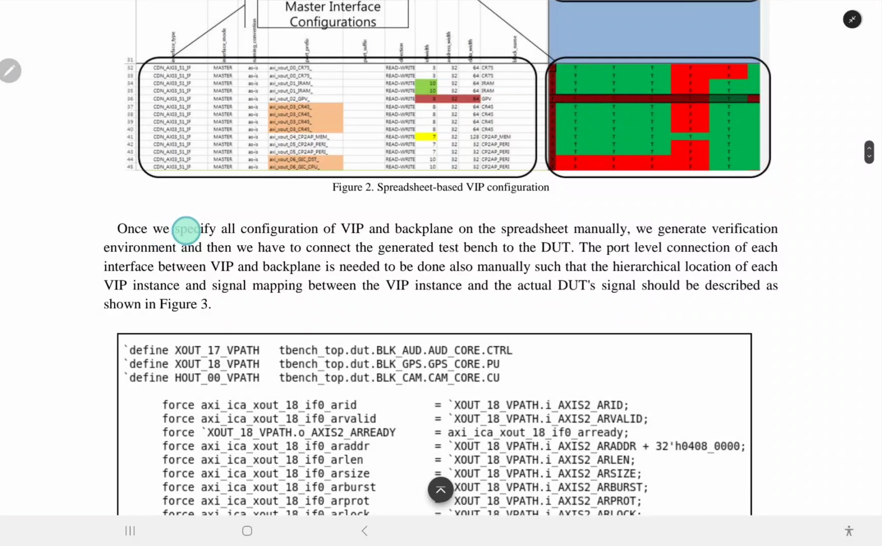Once we specify all the configuration of the VIP and backplane in the spreadsheet manually, we generate a verification environment, and then we have to connect the generated test bench to the DUT. The port level connection of each interface between VIP and backplane also needs to be done manually, so that the hierarchical location of each VIP instance and a signal mapping between the VIP instance and the actual DUT signal should be described as shown in